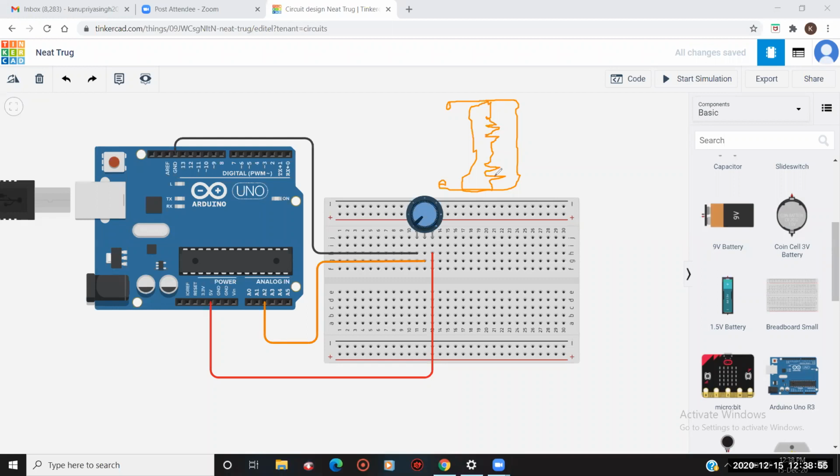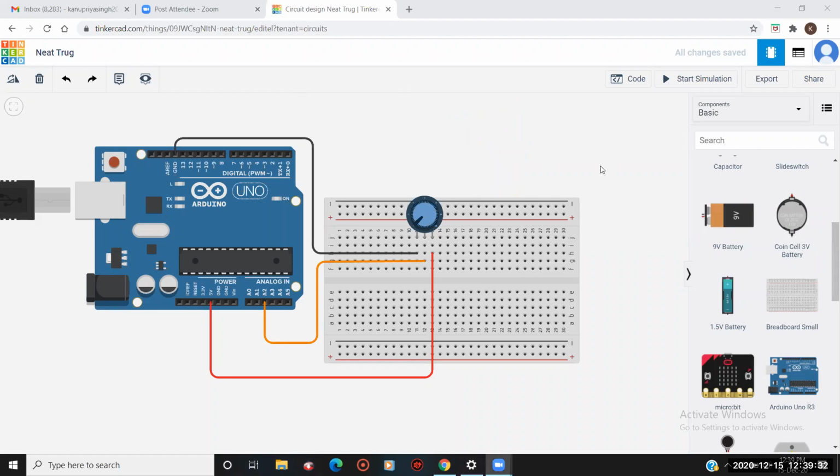So R1 and R2 combined should be 10k, not more, not less. If R1 goes to 0, then R2 will be 10k, and if R2 is 0, then R1 will be 10k. And if R1 and R2 divide the whole value, then R1 equals 5k and R2 equals 5k. We are not going deep into that. I'm just deleting it.